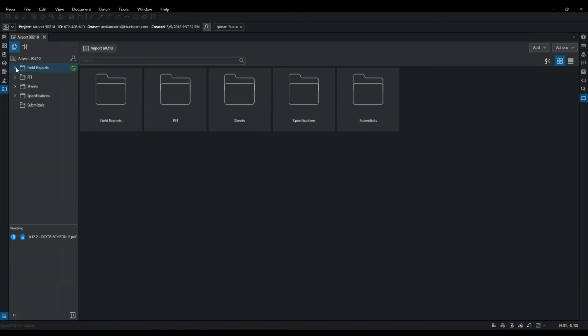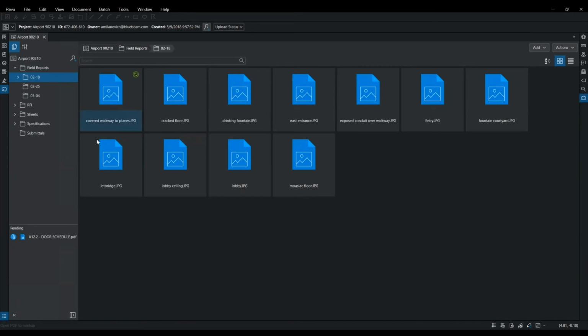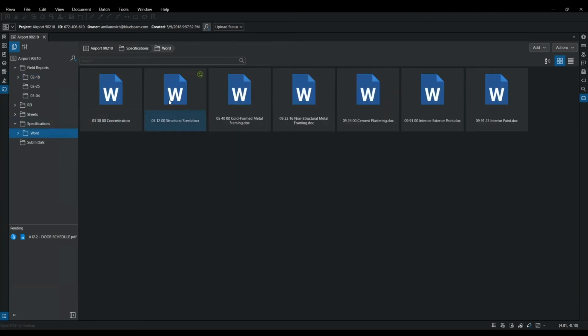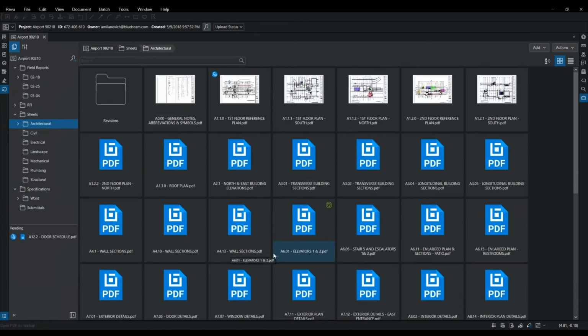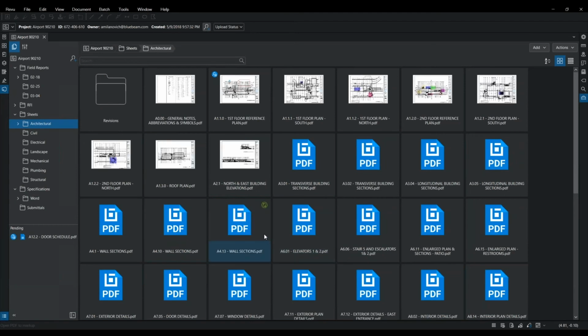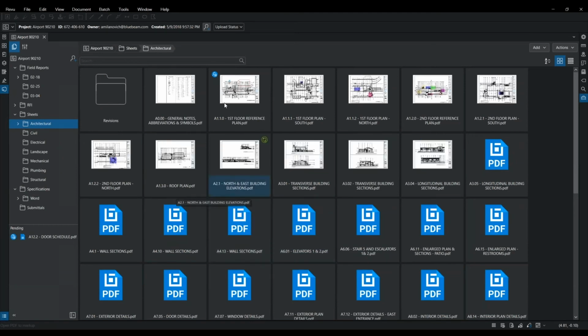A couple things that I want to show you what this looks like. I have multiple different file types. I told you any type of file you can store in here. So you can see that I actually have some JPEGs. These are actually images of this project that I took while I was out on the job site. Those are all listed here so that we can refer back to them. I have my Word documents here, so I do have some specs in Word files that I can also store and save here. And then I also have my sheets. So when I'm in here, I'll be able to see all of the different PDF files that we're using for our sheet sets.